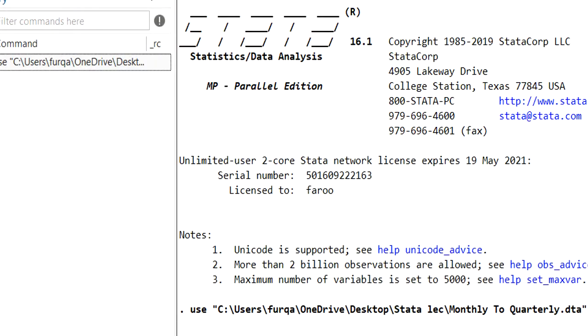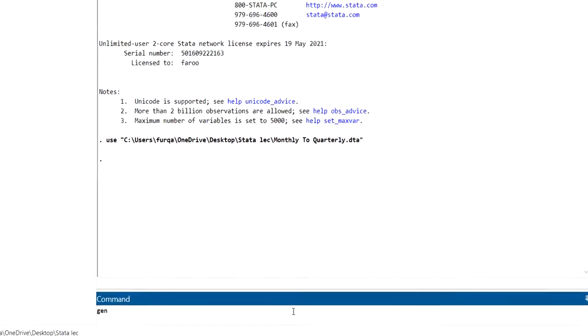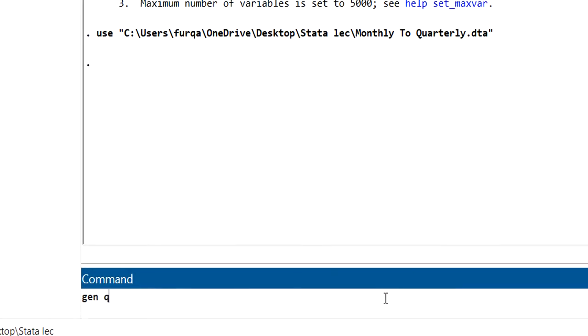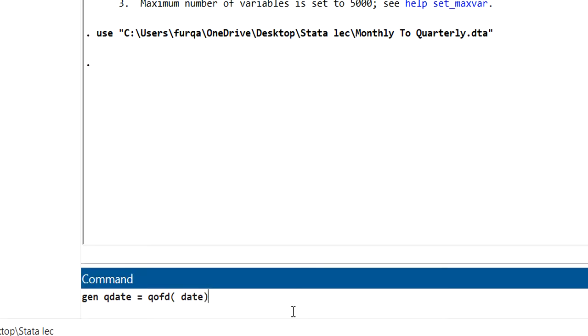In order to convert it to quarterly observations, we will run the command generate qdate. We are generating a new variable named qdate, for quarterly dates. The command is generate qdate equals qofd of our main date variable.